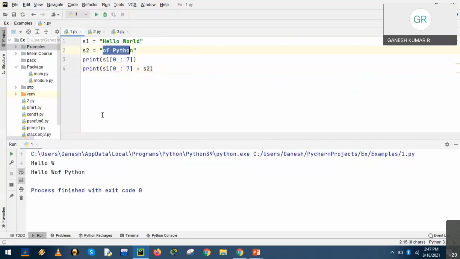S2 is nothing but "of Python", which is concatenated after the first string. So slicing is used to make the partitions or substrings.